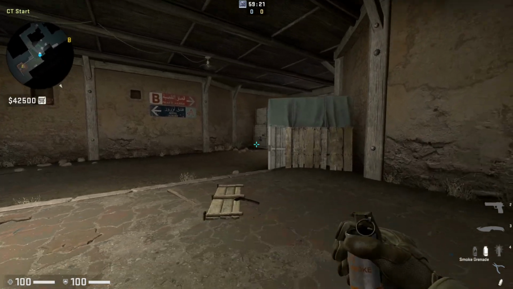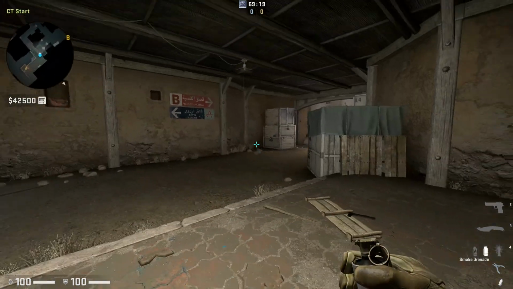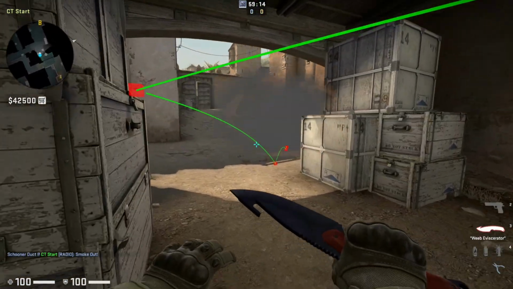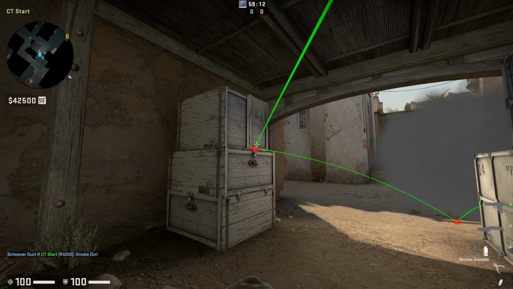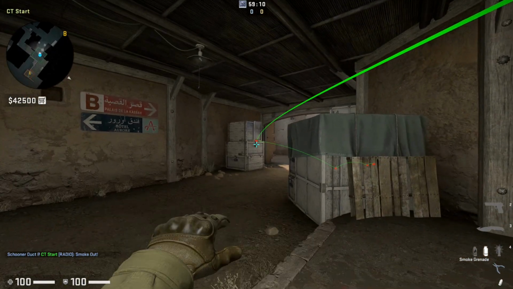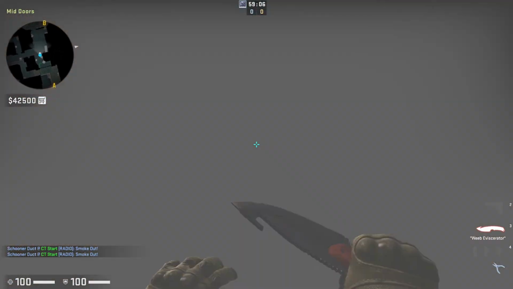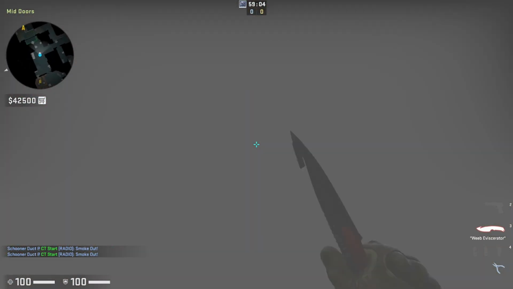Alright, some Dust 2 tips and tricks. We'll start out from CT spawn. We'll start with this cross nade. You want to just get it right on here, so aim a little below. You can do either one of those. And you want to walk through this. And also watch out when you're throwing that for any